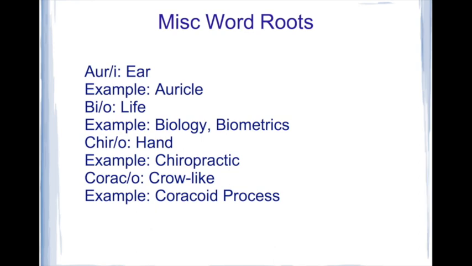So when these things were being named, a lot of times they named things after what they were familiar with in their part of the world in their specific time. Which is why the bicuspid valve in the heart is also called the mitral valve, because it kind of looks like the Pope's hat, which is called a mitre. So back in the day, I guess they were really familiar with crows, and they said, hey, this thing looks like the beak on a crow, so we'll call it the coracoid process. Anyway,